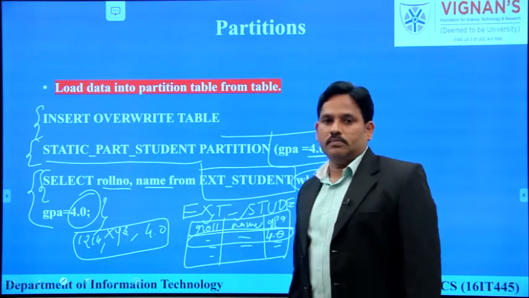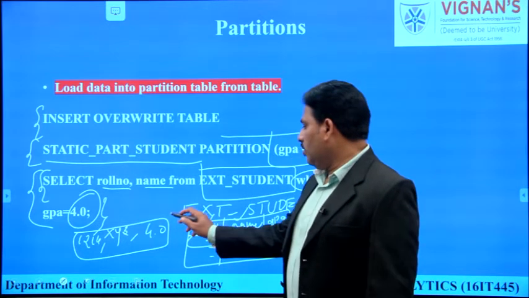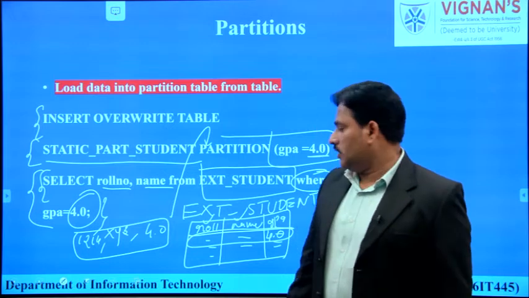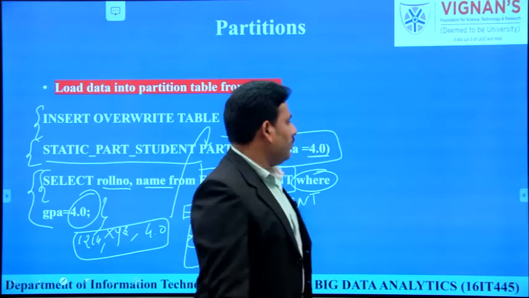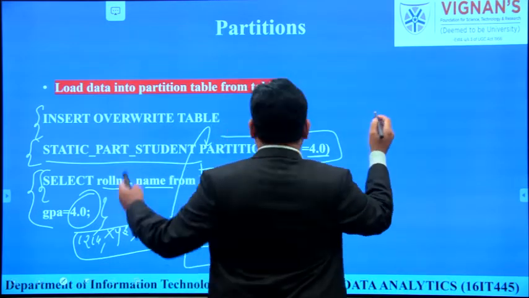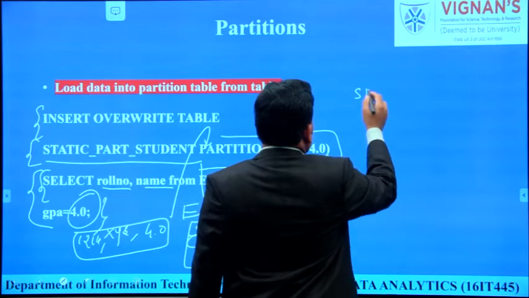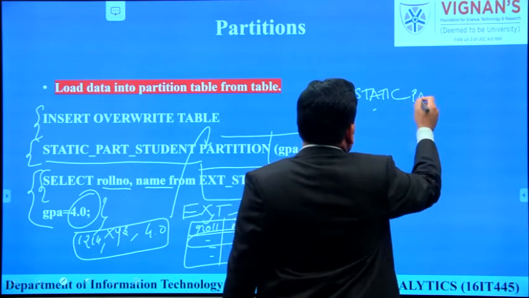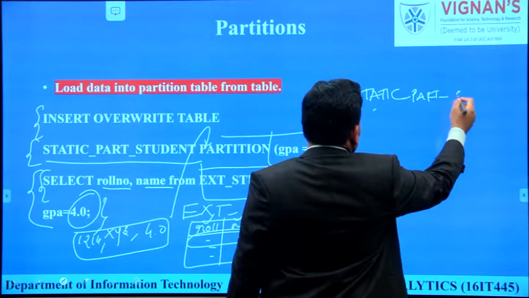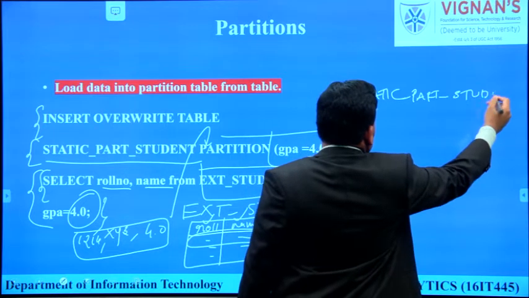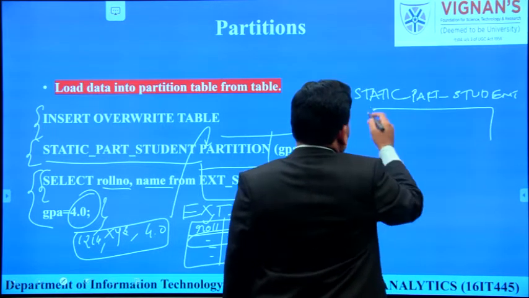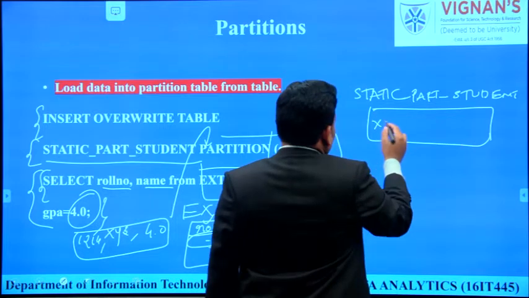Now what will the third statement do? This record is going to be stored in this student part partition. That means in the second table we created a partition table. That partition table name is static_part_student. In this separate small table it will save the data like this.